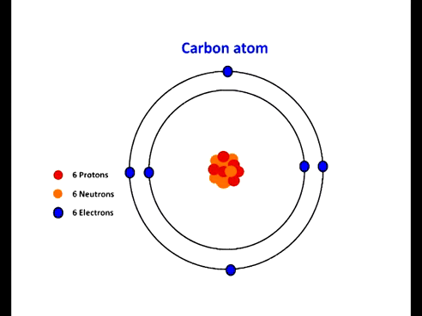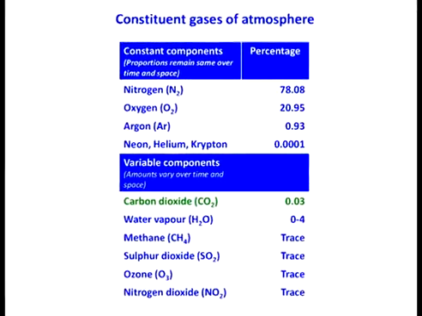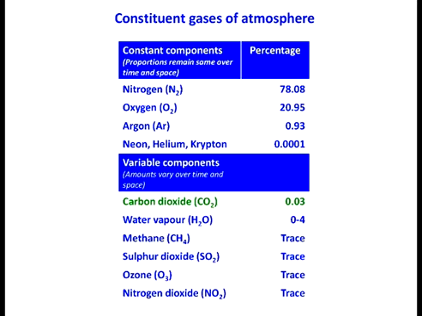And if we move further, we will see that our Earth has an atmosphere. In the atmosphere, carbon is present in the form of carbon dioxide and carbon monoxide. This chart shows the constituent gases of the atmosphere. The atmosphere can be divided into 2 parts. One is constant components, which comprise nitrogen 78.08%, oxygen 20.95%, argon 0.93%, and neon, helium and krypton forming 0.0001%. These constant components form about 99% of the atmosphere, and only 1% is the variable component,